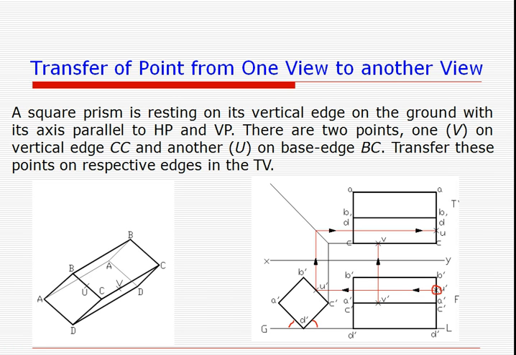For that we will need to use the side view, as you see, the arrows are marked here. We'll first need to transfer the position of the point U in the side view, and from the side view we'll make a 45-degree line here, so that it starts from